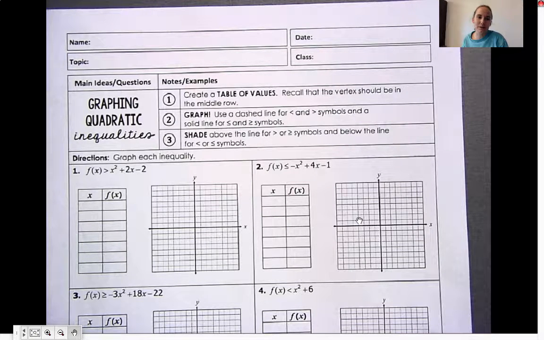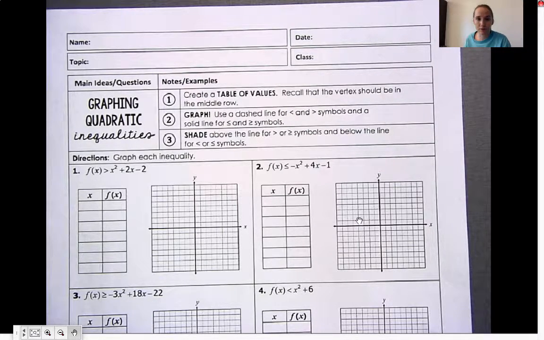Hi guys, today we're going to talk about graphing quadratic inequalities. So at this point you should have already graphed quadratic equations. You should know how to find the axis of symmetry, the y-intercept, the vertex. And so all we're going to do today is make sure that we use the same knowledge of graphing linear